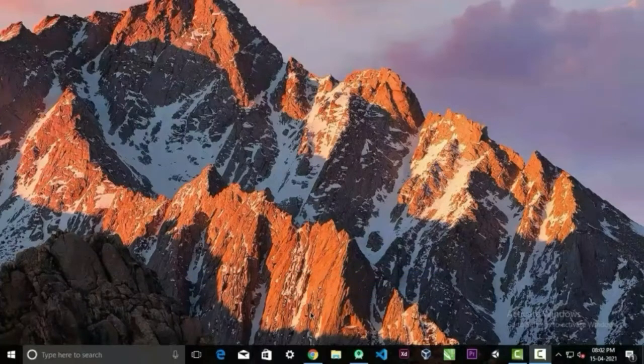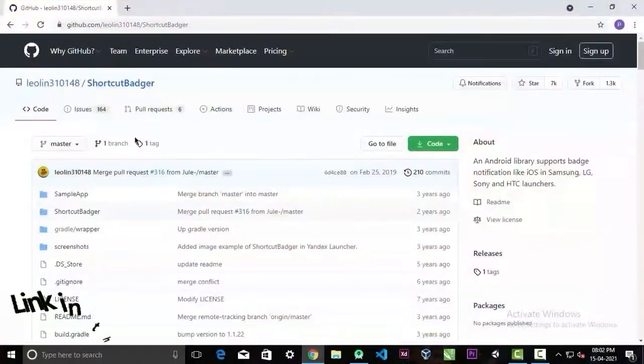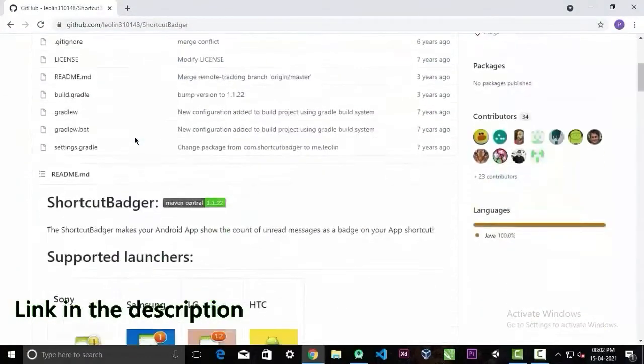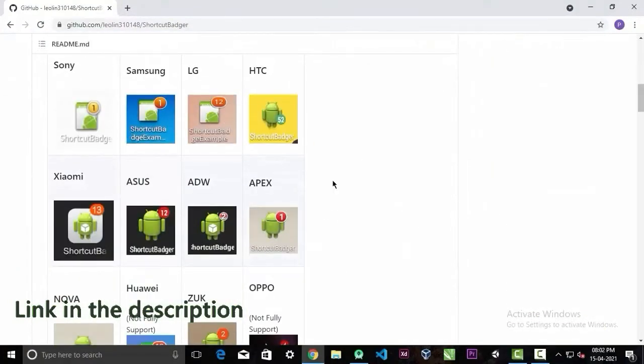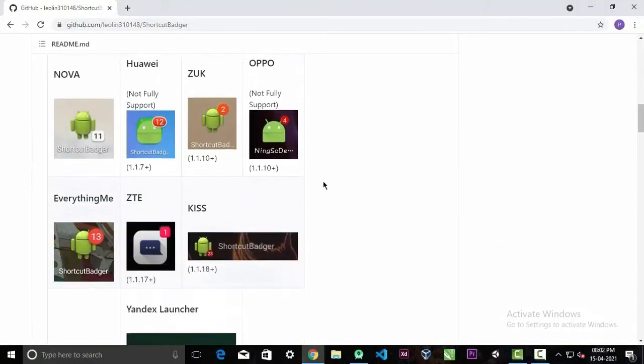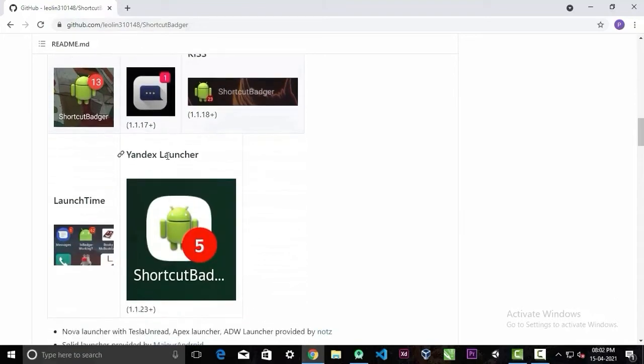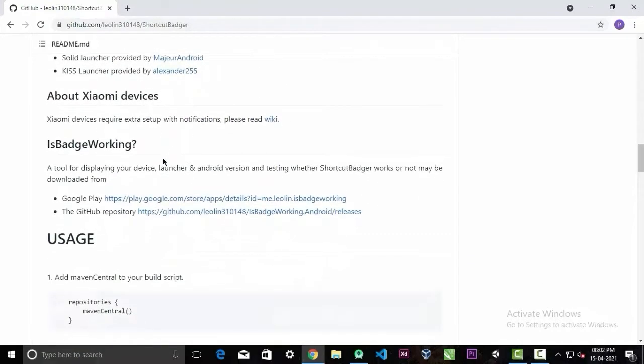You have to go to this website, and in this website you will find the dependency of the ShortcutBadger that we're going to use to create our badge, and it supports many Android devices and launchers.